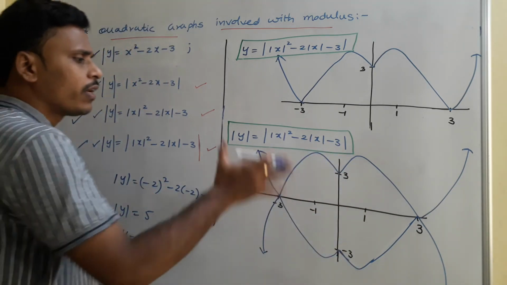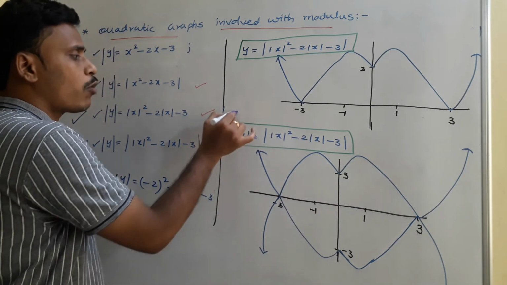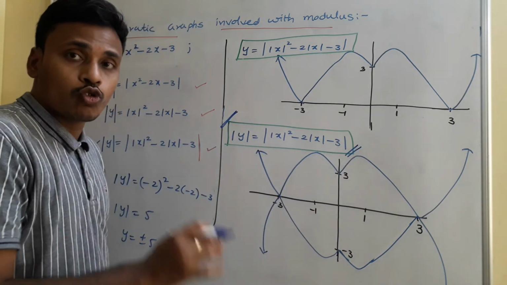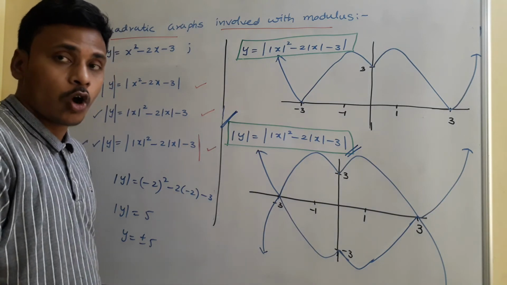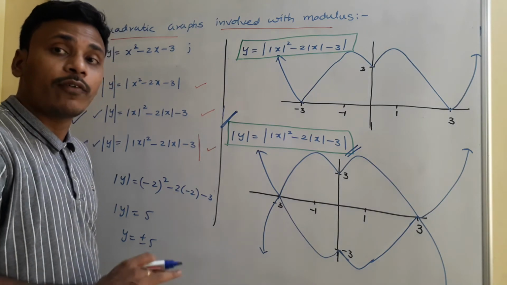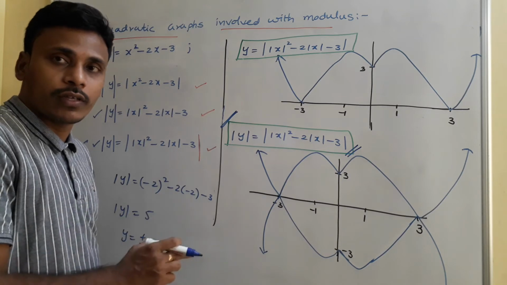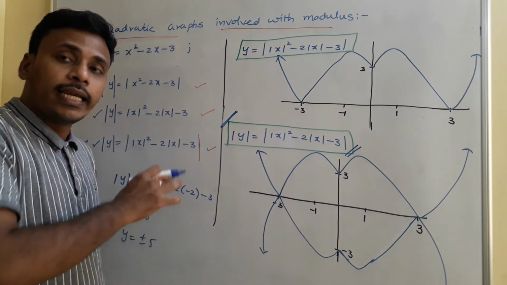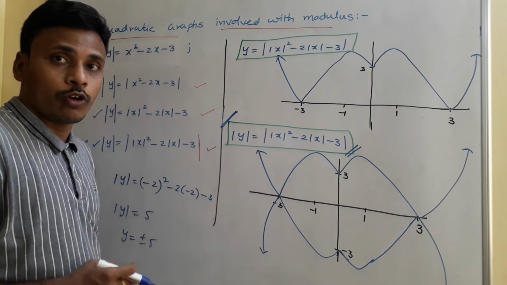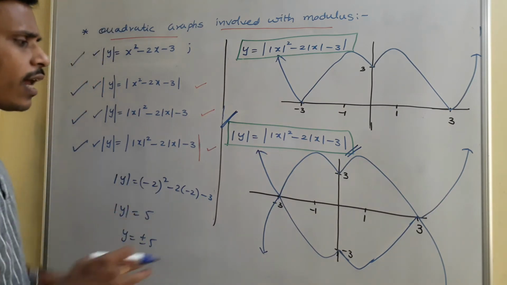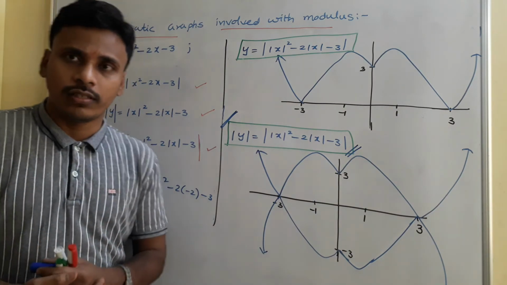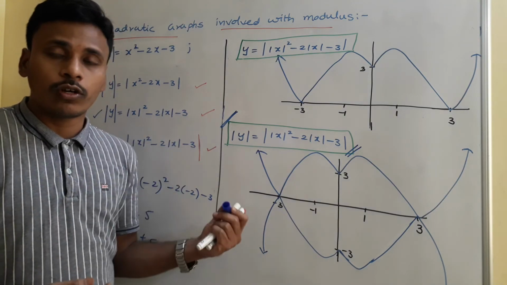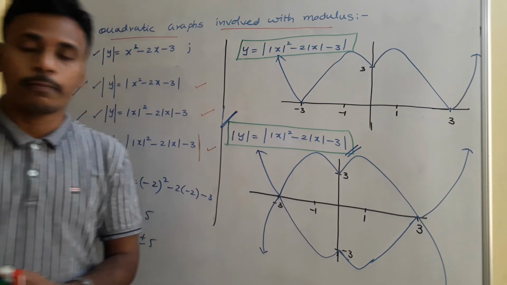So at the end, this is the graph of modulus of y is equal to modulus of mod x square minus 2 mod x minus 3. Okay? So finally we have 10 graphs. 6 in the previous class, 4 in this class. And these 4 graphs are just a little bit of transformations from the previous 4. Okay? And now there are different types of problems related to these graphs. How to solve those problems? Okay? First of all, have a look and then I will give you a problem to solve.